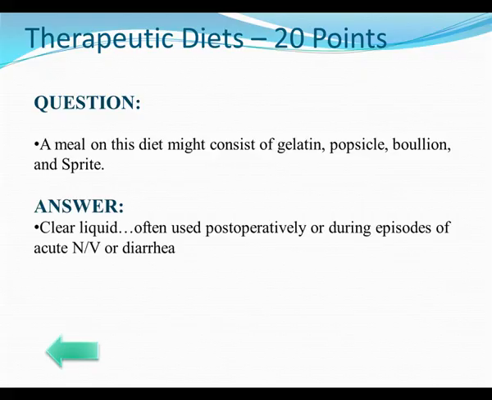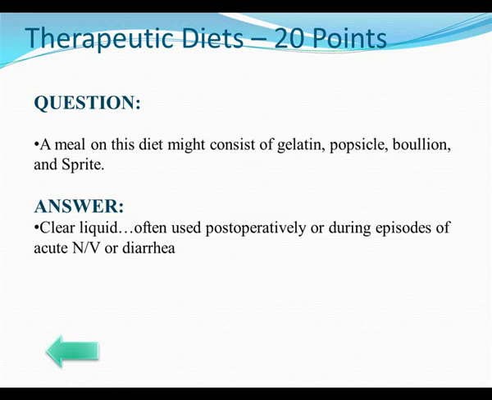Most often, these are maybe post-op people that were trying to start back on a little bit of food just to see if they can tolerate it, or maybe somebody that's got nausea and vomiting, or they've got diarrhea, and we don't want to give them anything that's going to aggravate the situation, so we may give them sips of